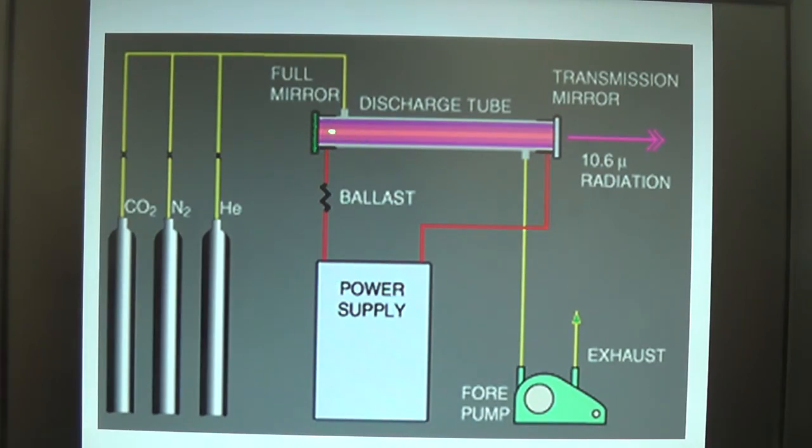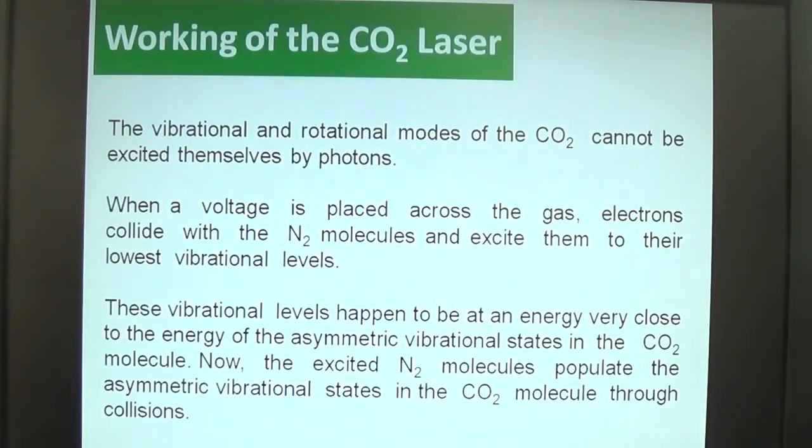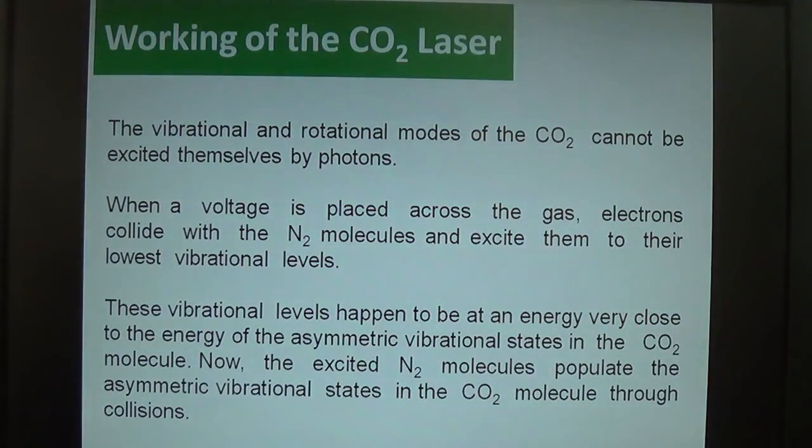At high DC voltage an electric discharge basically takes place, and because of that the N2 atoms first of all get excited. They collide with the carbon dioxide, and as a result carbon dioxide vibrates into the different modes, and at the last a 10.6 micrometer wavelength comes out, right, and 9.6 also.